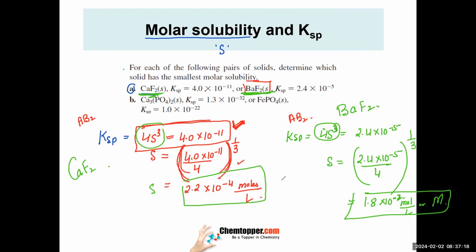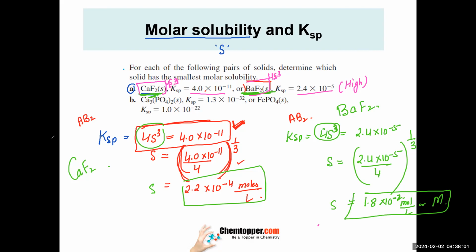Right now I asked you to calculate the solubility also. But you know that you can answer this question without calculating S. How? Because they have the same expression, 4S cubed, and this is also 4S cubed. They have the same expression. You just compare their Ksp values. The one with high Ksp value, this is high. Because expressions are same, only then you can compare. The one with high Ksp will have high solubility,